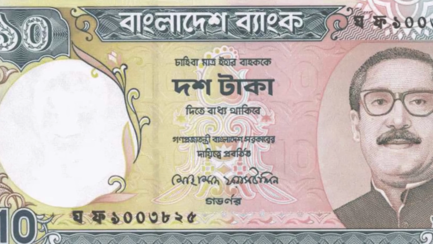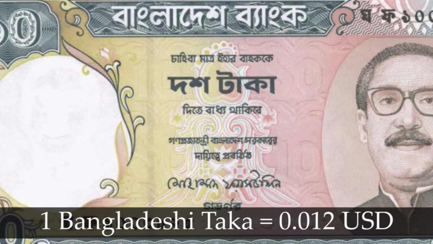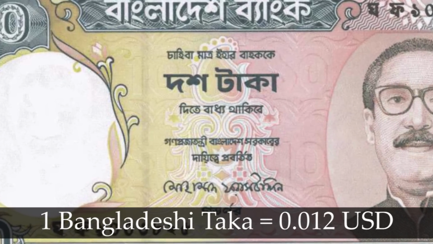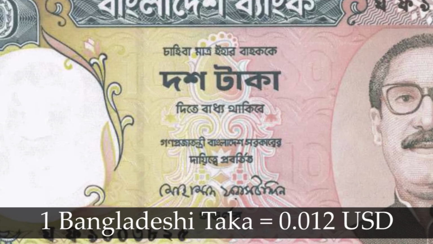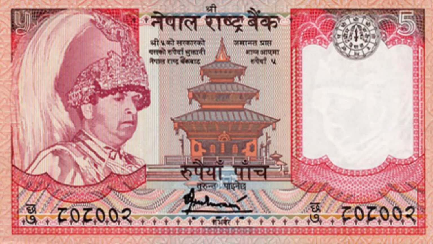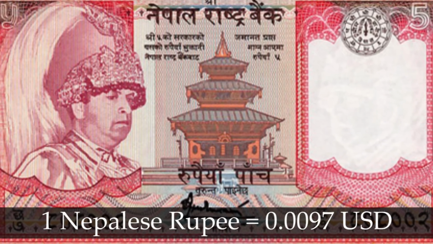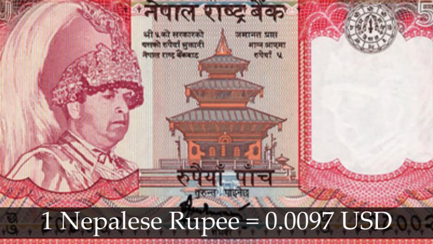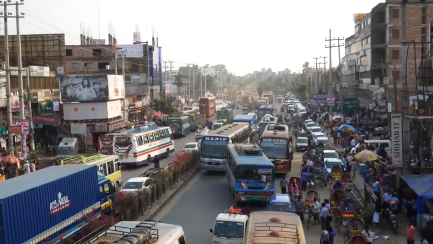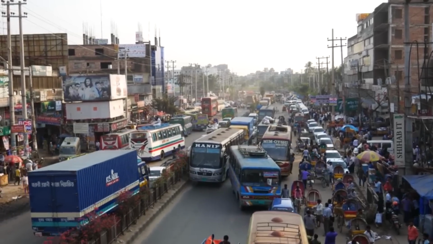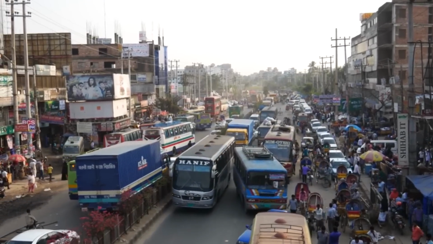The currency in Bangladesh is the Bangladeshi Taka, and one Bangladeshi Taka equals 0.012 US dollars. The currency in Nepal is the Nepalese rupee, and one Nepalese rupee equals 0.0097 US dollars. For Bangladesh, the market-based economy is the 44th largest in the world in nominal terms, and it's